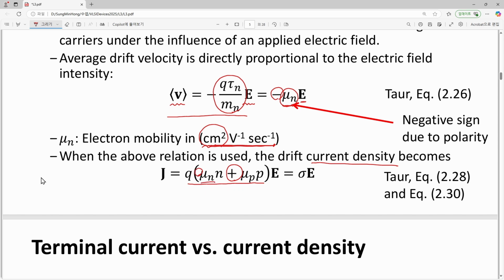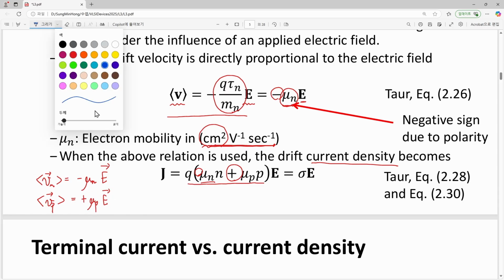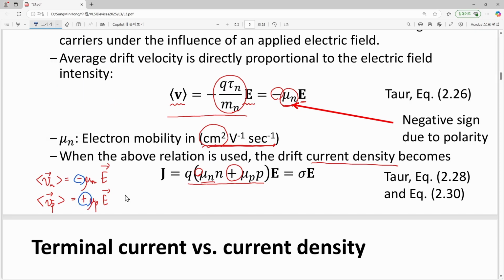Up to now, we say that electron velocity follows minus mu_n E, and hole velocity follows positive mu_p E. Certainly we have a difference due to the polarity, but why don't we have any difference in the drift current density? It is because